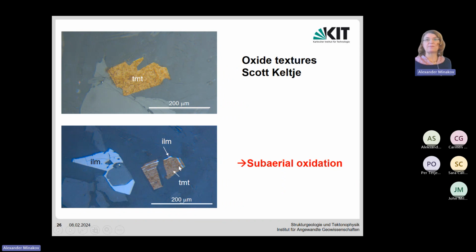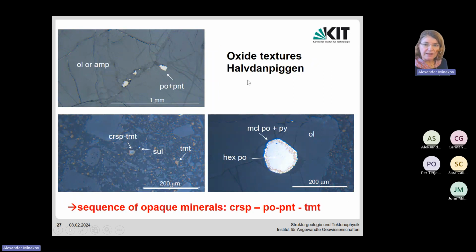So there seems to be some subaerial oxidation in these, or at least some exsolution features. If you are looking now at the Halfdan-piggen, I've also coated it, at least here, with this ferrofluid, and all these brown things are the titanomagnetites. Yeah, so a lot of titanomagnetites explains very well the high magnetic susceptibilities, but we also see